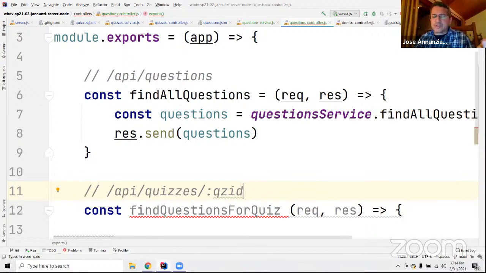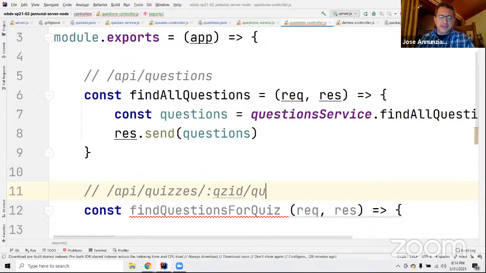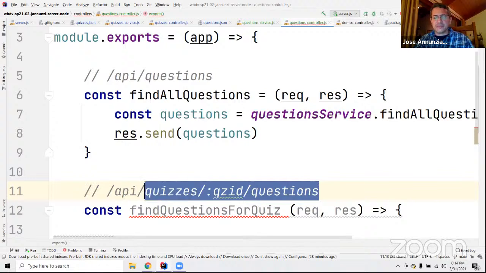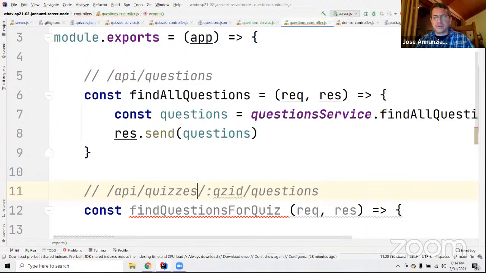Which quiz are you talking about? And then finally the plural noun of what you actually want. You want the questions. So this reads as, I want the questions belonging to the quiz whose ID is